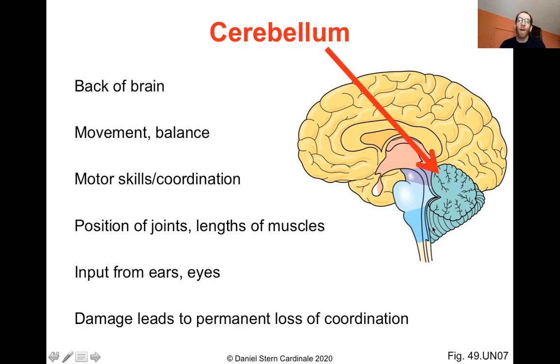Now, because the cerebellum is involved in things like balance and motor coordination, damage to the cerebellum often leads to permanent loss of motor skills, and that can be large-scale motor skills like balance, or it could be more fine motor skills. One last note about the cerebellum that's really interesting is that we've talked about